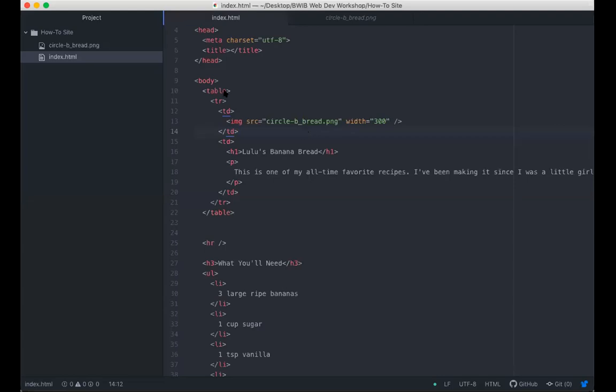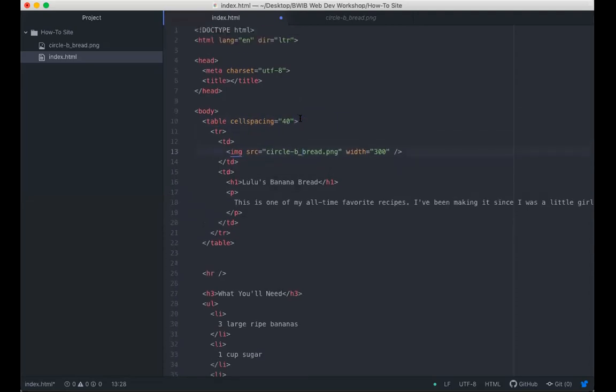Okay, so in order to add a little spacing, we can tap into the cell spacing property of a table. And I played with it and I liked the look of 40 pixels. So I'm going to add that there. And then the last thing that we said we needed to do is give a title to our website, which is